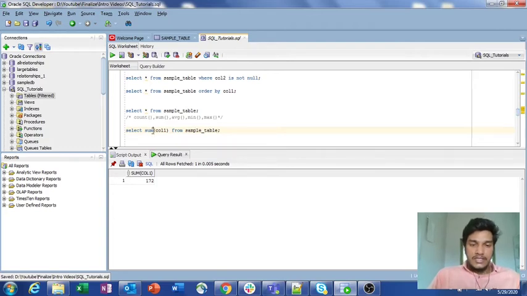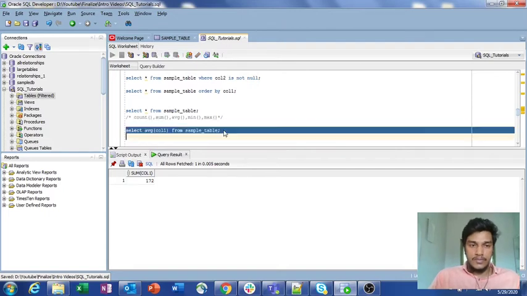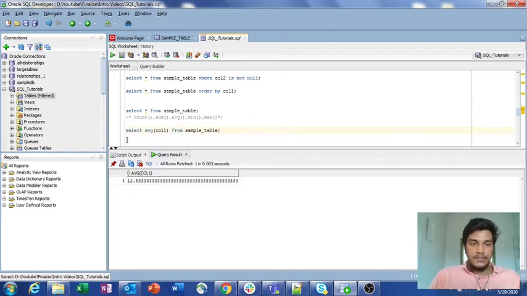Similarly, we have average here. If you do AVG, the average of column 1: we previously saw the sum of column 1 is 188, and now the average of column 1 is 188 divided by 15. It will be something like 12 point something. If you see, it is 12.533, because 188 divided by 15 is 12.5333 and so on. So this is how average will work.